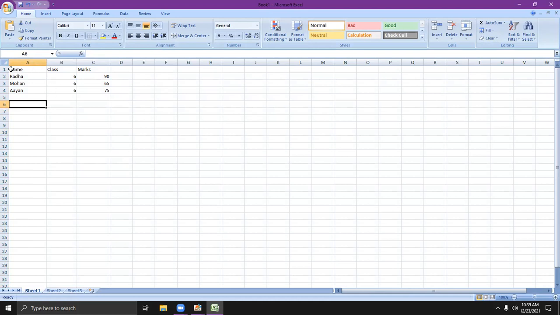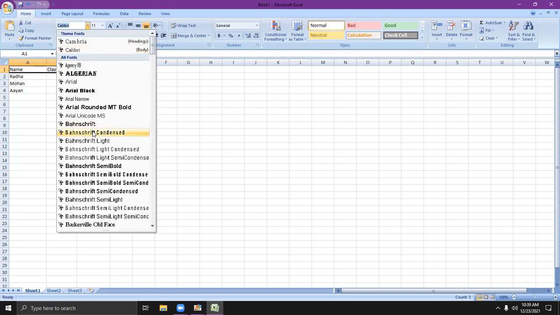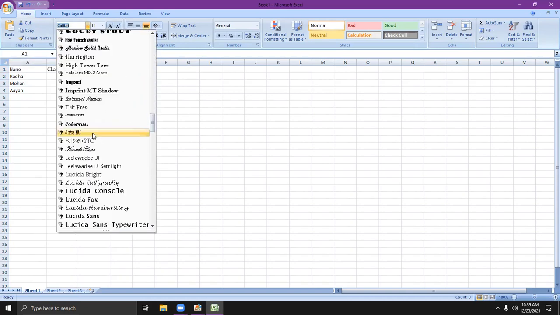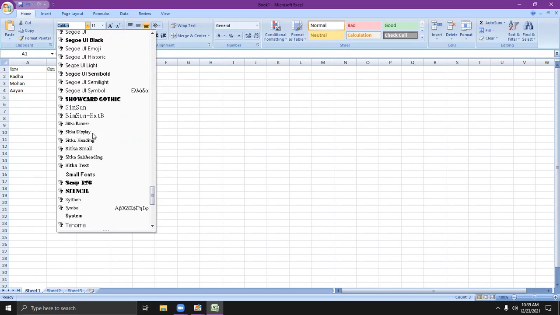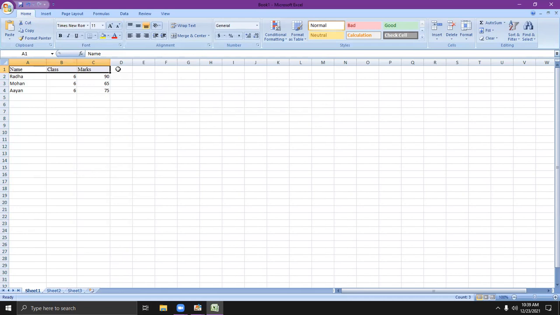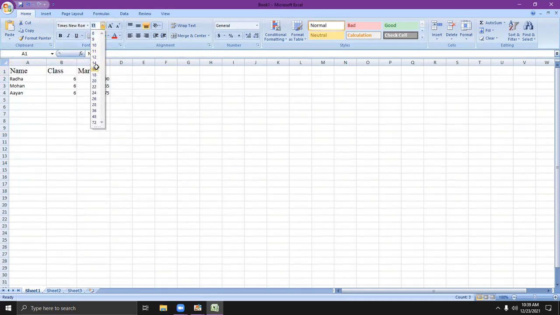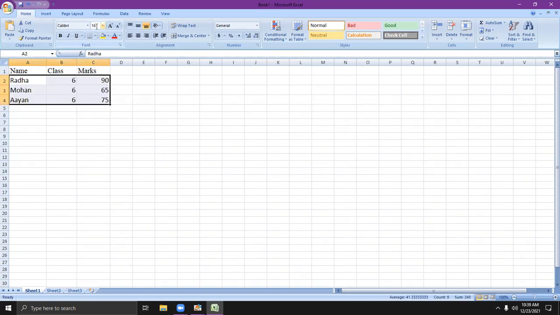Now if you want to use the font formatting, supposing I am selecting these 3 columns, and here this is my Home tab. This is my font group. This is my font style. This is for font resizing, bold, italic, underline, border, fill color and the font color. Supposing I am going to change this font style by clicking the arrow button, and here I am giving, let's say, Times New Roman. And the font size I am giving here is 16. Now you can see the difference.